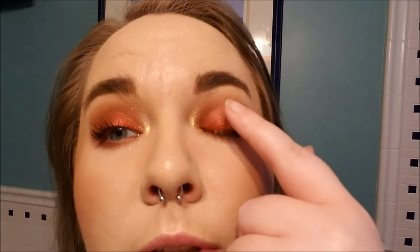So I wanted to check in at the end of the day just so you can kind of see what happened. This look is still very, very pretty, but we've got creasing. You can kind of see how it's just worn away in the corners, in the crease. So, as beautiful and quick as this look was, I'm now going to have to do it with glitter glue or a sticky base because this shadow formula doesn't seem to stick on my lids the way I want it to. I've had the same issues with a lot of more oily metallic shades, anything with a lot of slip,